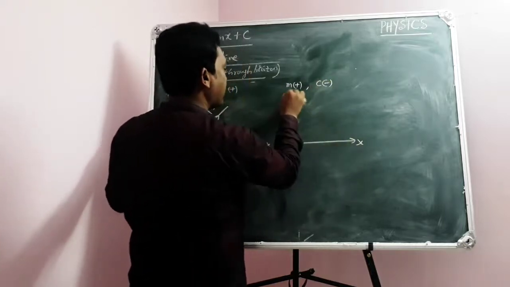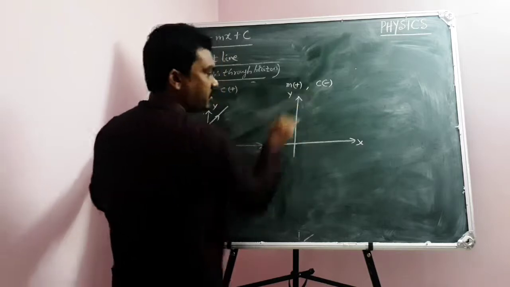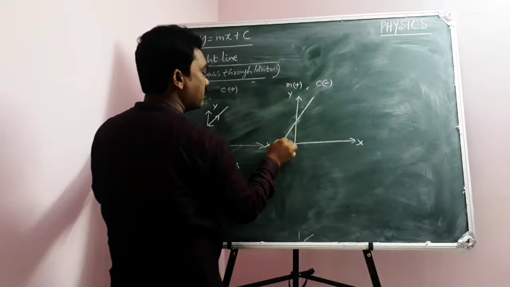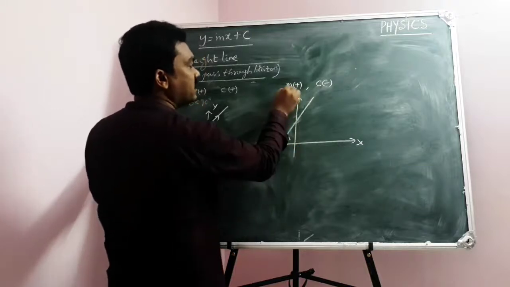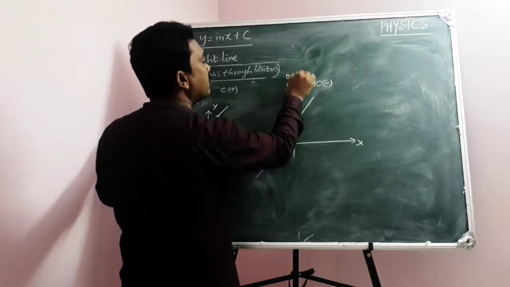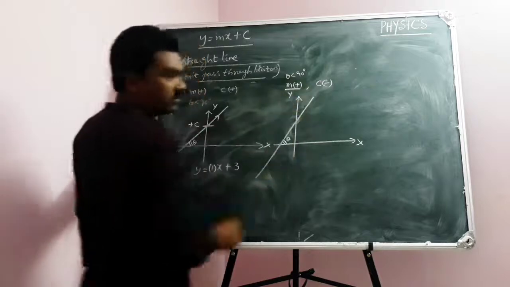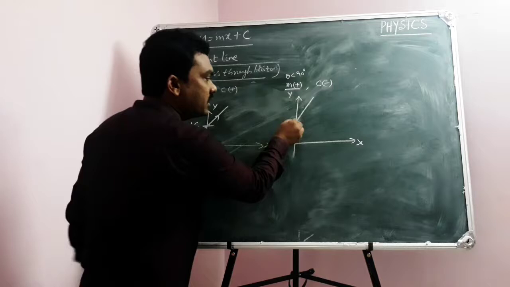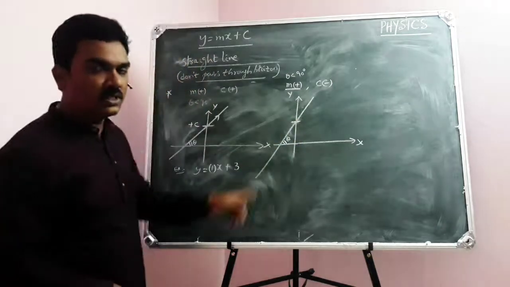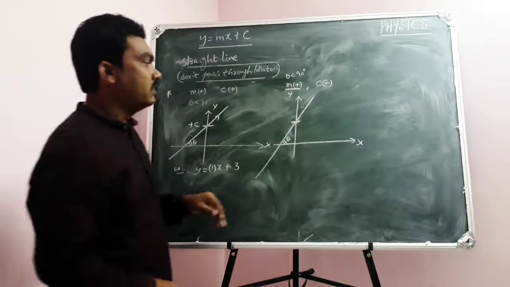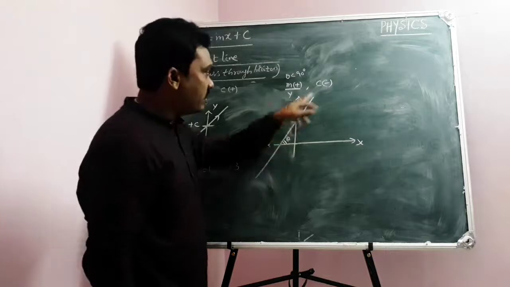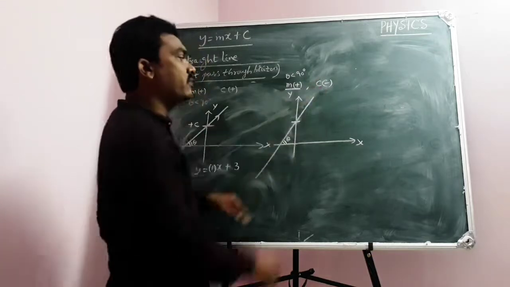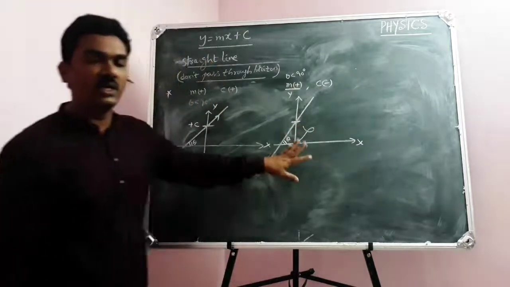X-axis, y-axis. M should be positive, means your straight line should make an angle less than 90 degrees. Theta less than 90, don't forget. And c negative, if I have drawn like this, theta less than 90, okay, but our c is positive, then which is a contradiction? Yes. So theta less than 90 is not enough. It should satisfy the point c is negative. That is the reason why this is not the graph in this particular situation.